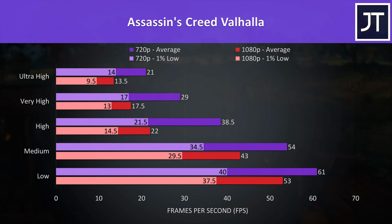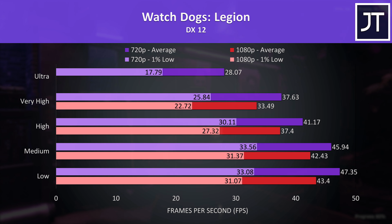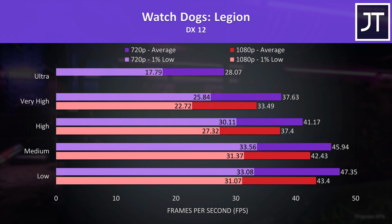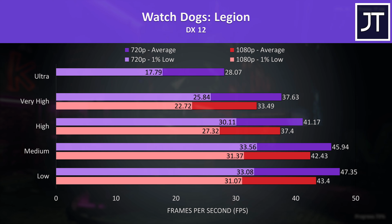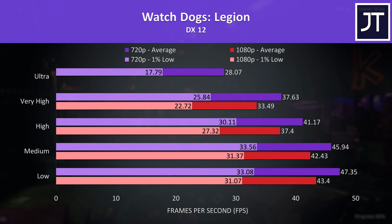or resolutions. Watch Dogs Legion was tested with the game's benchmark. For some reason, ultra settings kept crashing at 1080p, so we don't have any data for it. I'm not sure why this was the case. The VRAM limit was way over, so perhaps that was a problem. Otherwise, there's not that big of a gap between 1080p and 720p here. Either would be playing well enough above 30 FPS. I think this game runs fine as long as you've got a relatively stable 1% low that's not too far